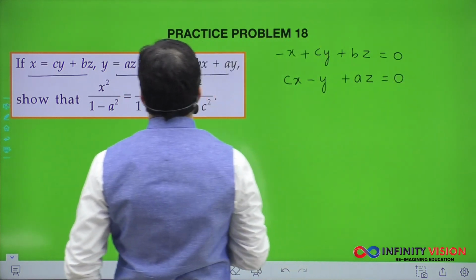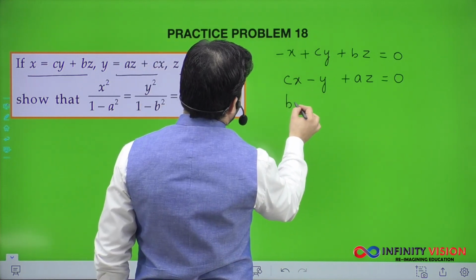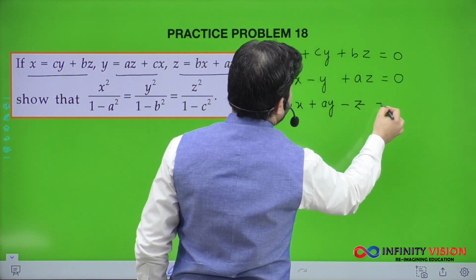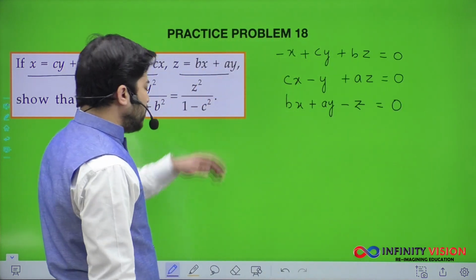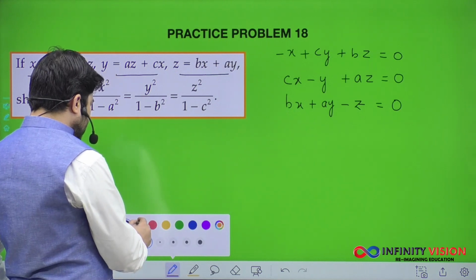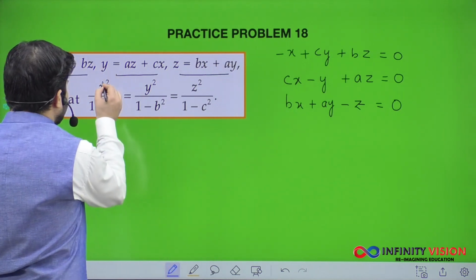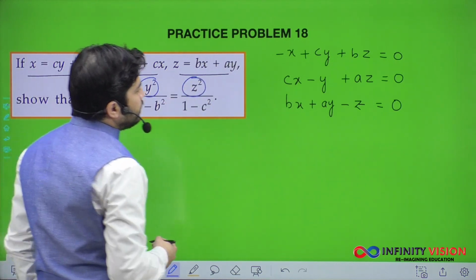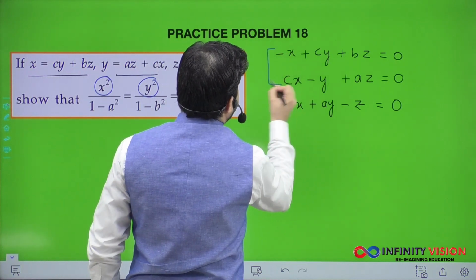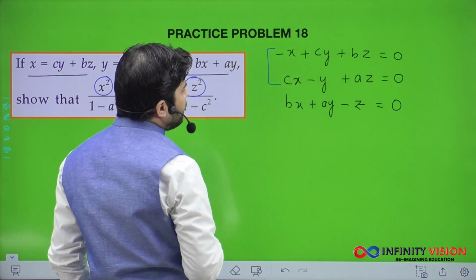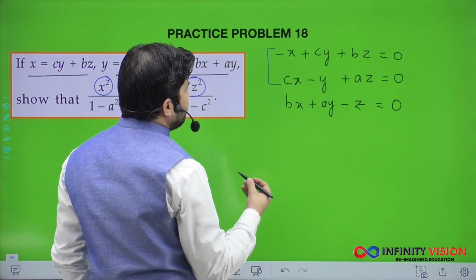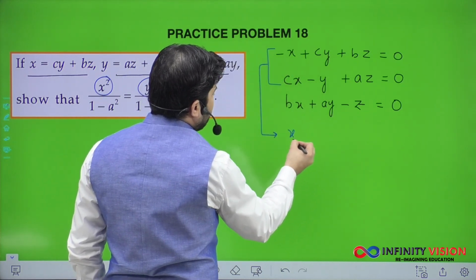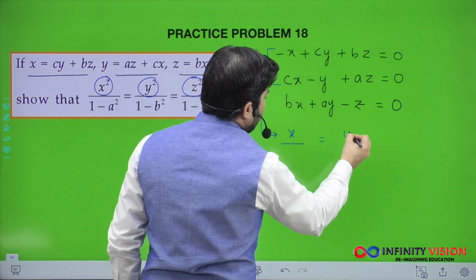And your third equation would look something like bx plus ay minus z equals 0. Now when you see, you have three equations, and the thing you see is that you have x square here, y square here, and z square here. So what we can do, we can use these two equations first to exactly find at what proportion x, y, z are. So if I use these two equations, I can write x upon y upon